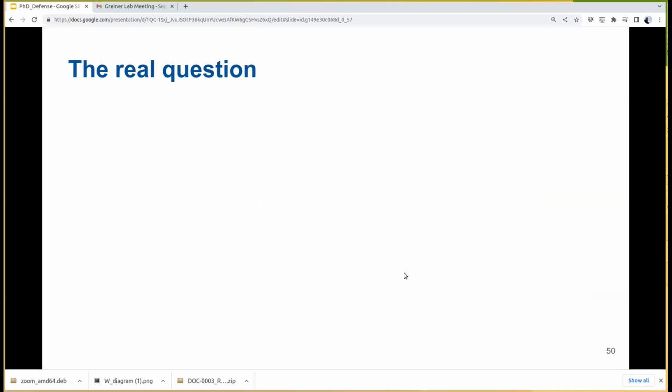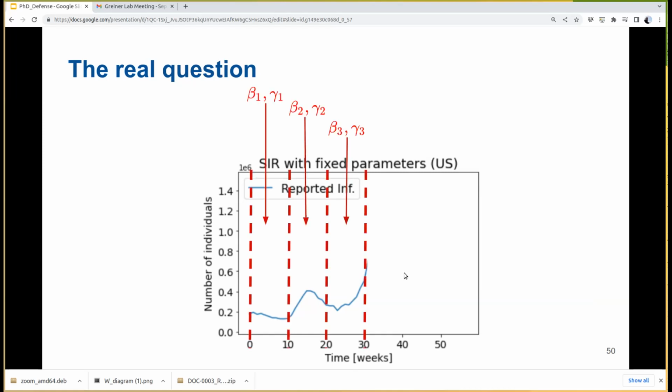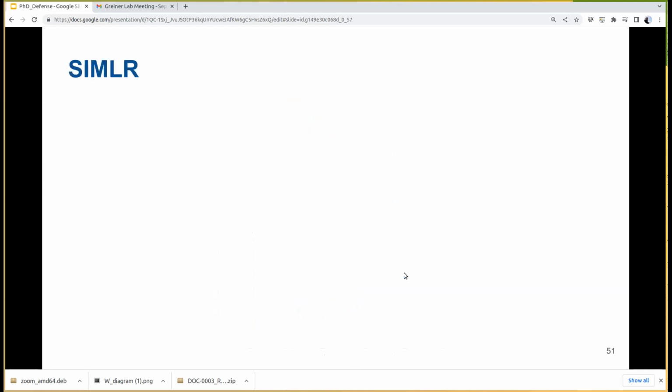The real question that we need to be asking is, if you have only access to the first 30 weeks of data, or if we are in week number 30, then let's measure the beta 1, beta 2, and beta 3 from the past. But then what we want to do is to predict the value of beta 4 and gamma 4 without looking at the data, because this is what we care about, the prediction in the future. So then by obtaining these betas 1, 2, and 3, can we make the prediction of beta 4 and the same for gamma? And this is the first part of the similar model.